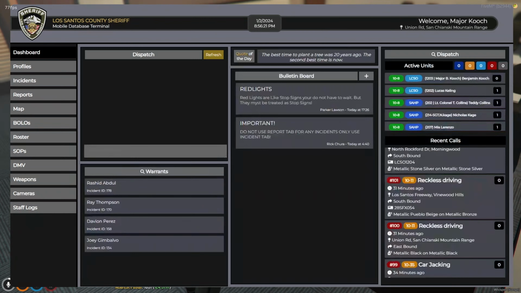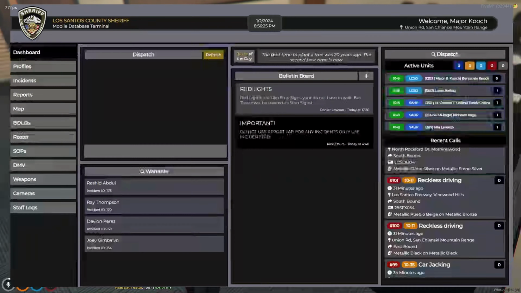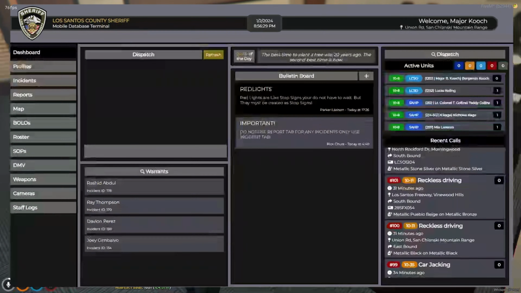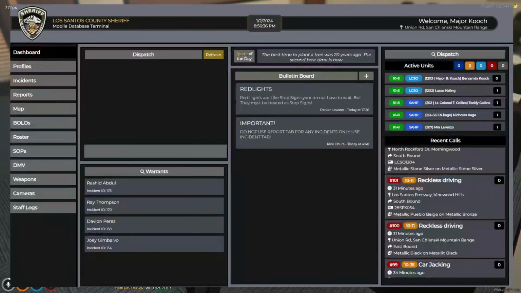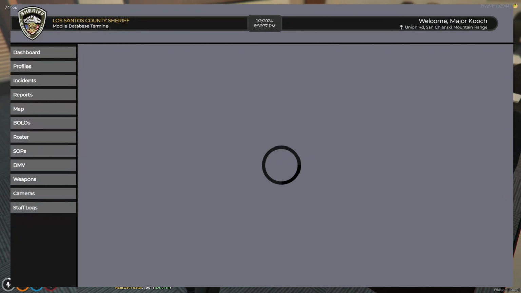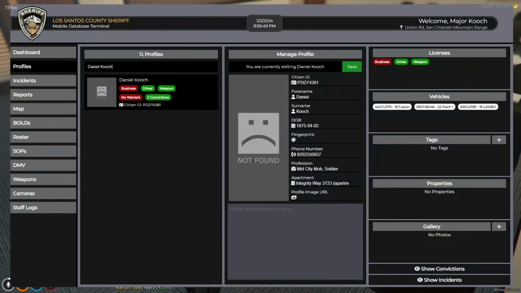Returning to the dashboard section, you can also see the bulletin board full with generally important messages from your higher ups in your departments or neighboring departments. Peering your eyes over to the profile section, this is where you will search up people's names. If you are on a traffic stop and you get the ID of Daniel Cooch, you will get the person,